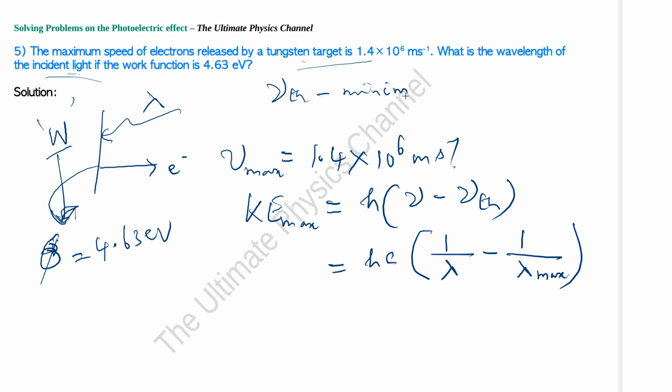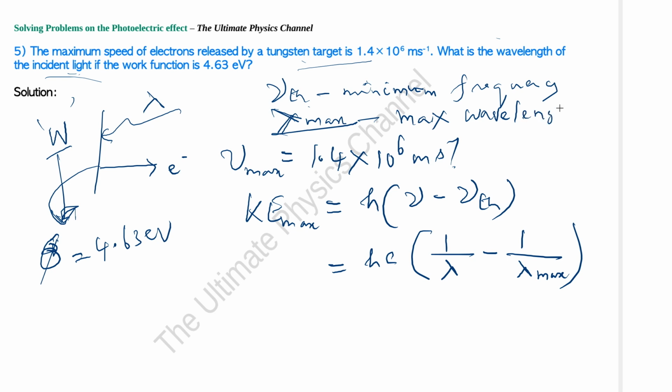Whereas lambda max is the maximum wavelength. Any wavelength greater than that wavelength, no photoelectric effect. Because when it comes to threshold frequency or minimum frequency, any frequency lower than that frequency will not produce photoelectric effect. Whereas in terms of wavelength, we say maximum wavelength, because any wavelength greater than that wavelength will not produce